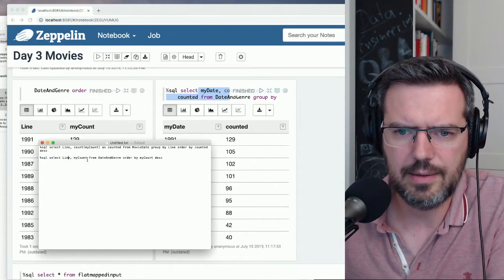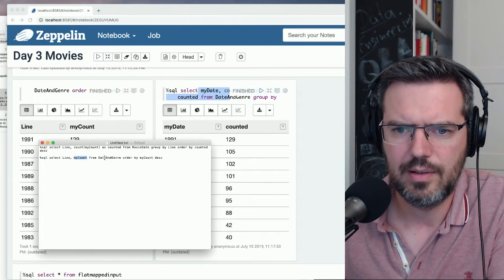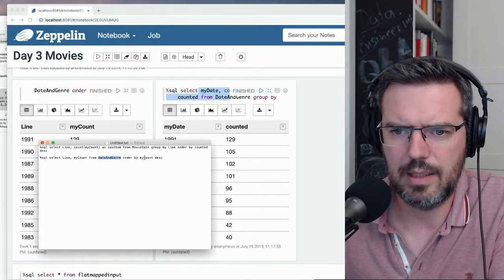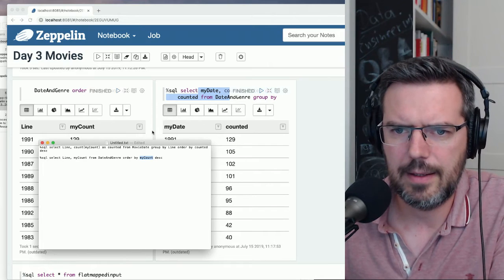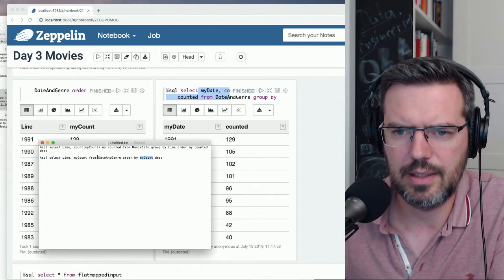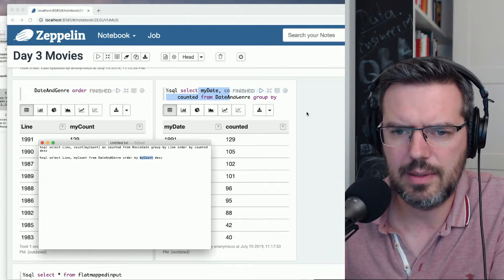Exactly. I have the line and I have my count from date and genre ordered by my count.